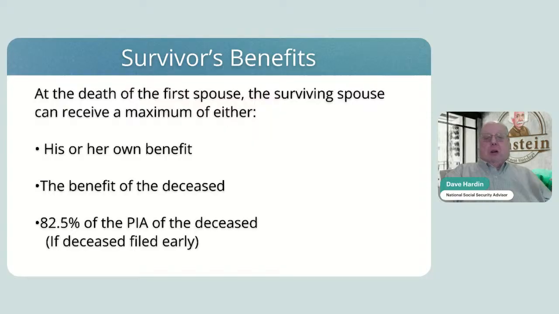So imagine a married couple taking this as early as he can. He takes it at 62, or she takes it at 62. And then the worst happens, he passes away. But his spouse is now entitled to his full benefit. But the full benefit has been dramatically reduced because he took it early. It's 75% of what it could have been. So the government comes in and says, look, we'll bump that, if that happens, to 82.5%. Not a ton of good news, but it's at least something.